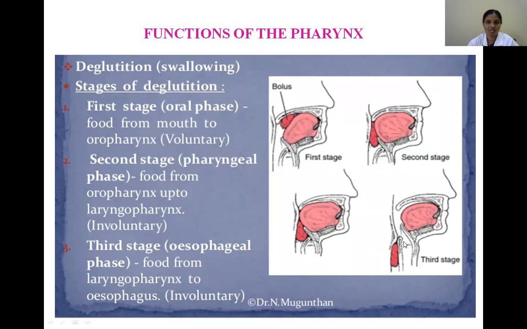Then what happens in the case of the larynx? How is it closed? The food extends down from the oropharynx to the laryngopharynx. So how does it occur? Immediately, reflexly, the other two longitudinal muscles, stylopharyngeus and salpingopharyngeus, elevate the larynx, because the conjoint tendon derived from all three longitudinal muscles of the pharynx is inserted to the thyroid cartilage. So they elevate the thyroid cartilage.